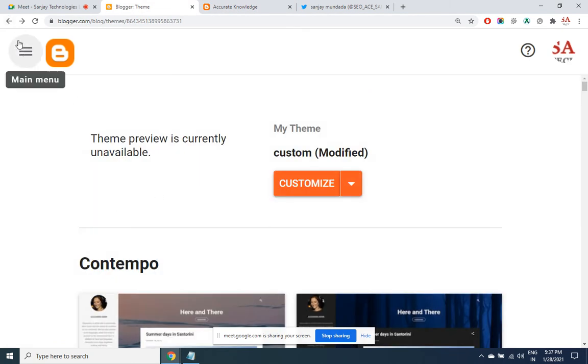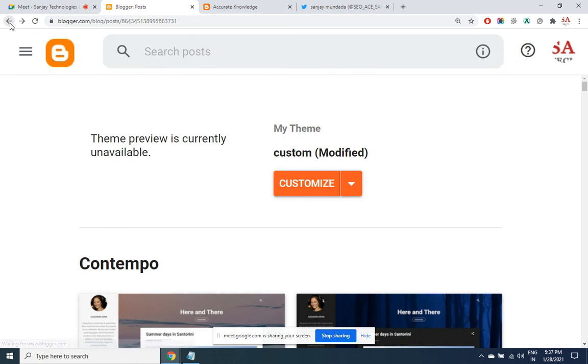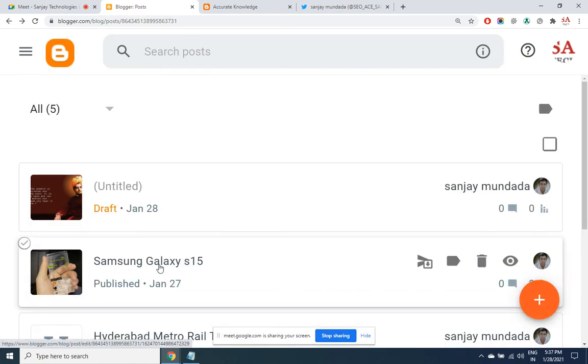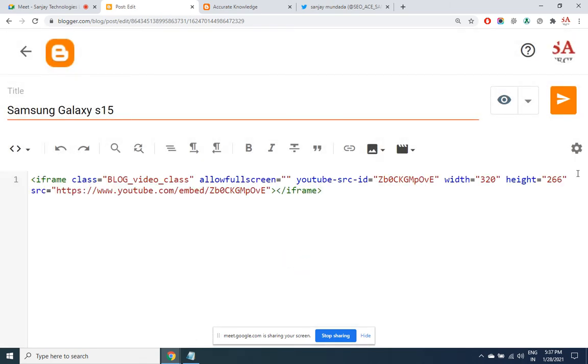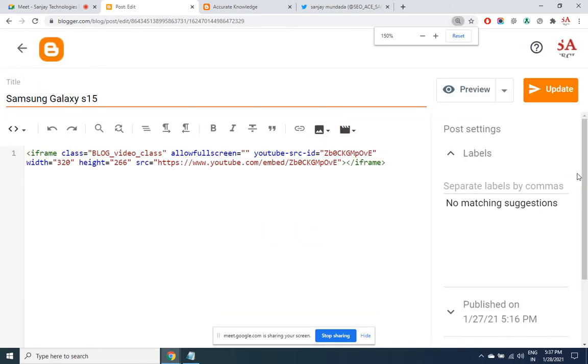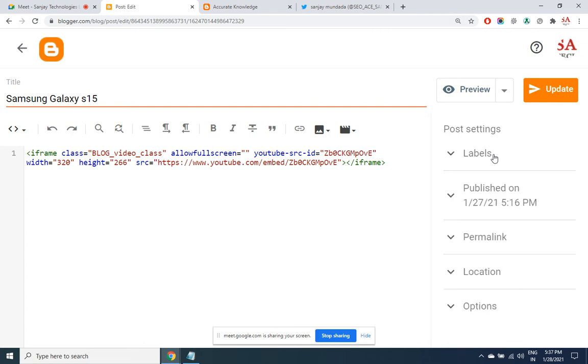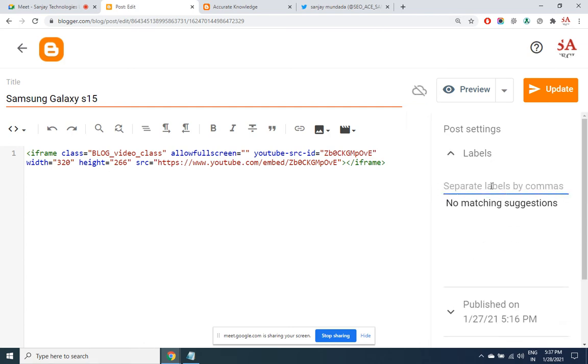While you publish the post, on the right side you will find the option to add labels. Labels. So you can give the topics here separated by commas.